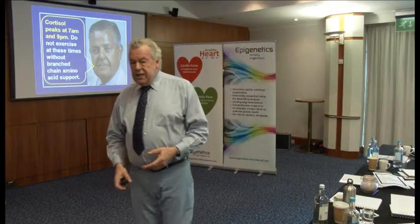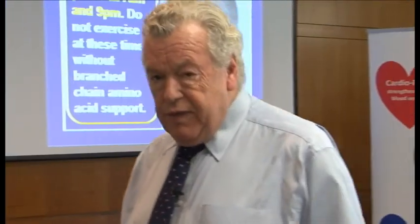And the first period is about 4 till 6 in the morning. Basically between 4 and 6 a.m. we get a spike up. Then it tails back down to a normal level, and then we get the same in the afternoon, 4 till 6-ish in the afternoon, when you get a slight increase, not as much as in the morning. So you get that spike in the morning, usually hopefully when you're asleep,